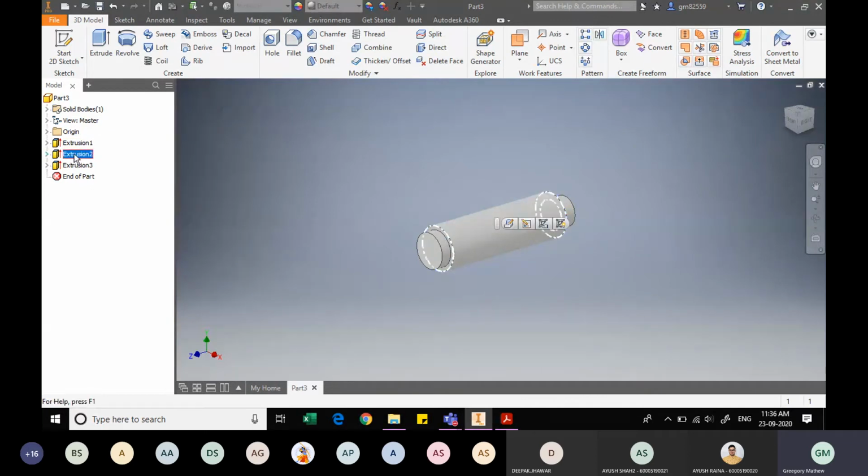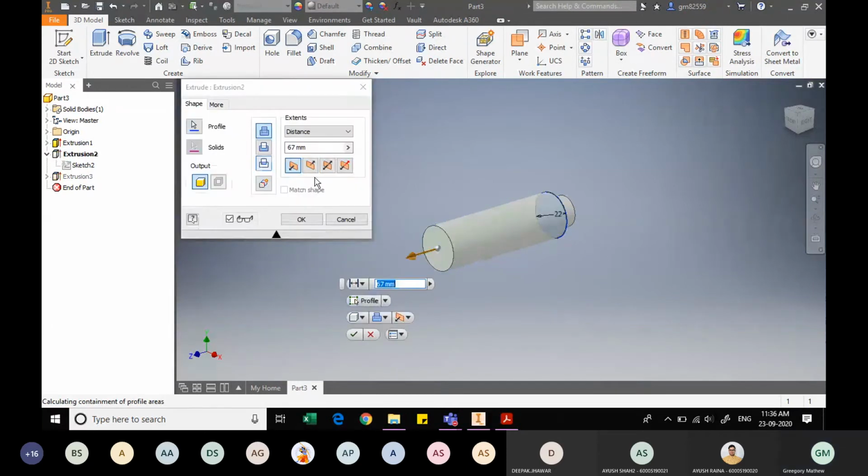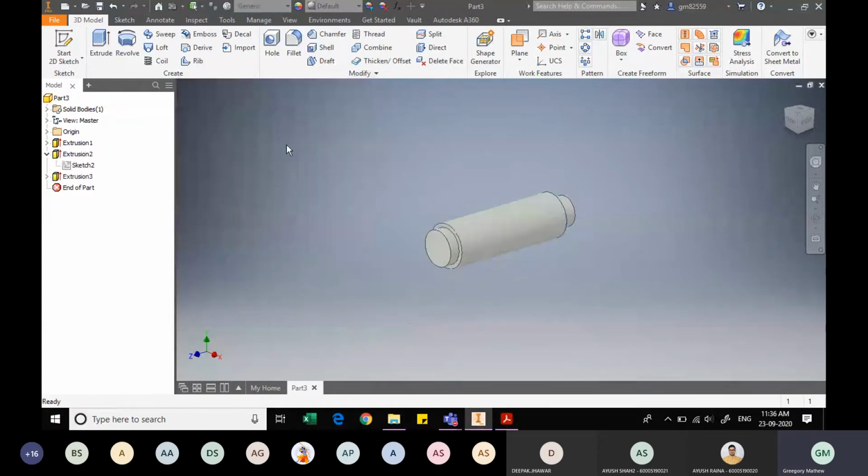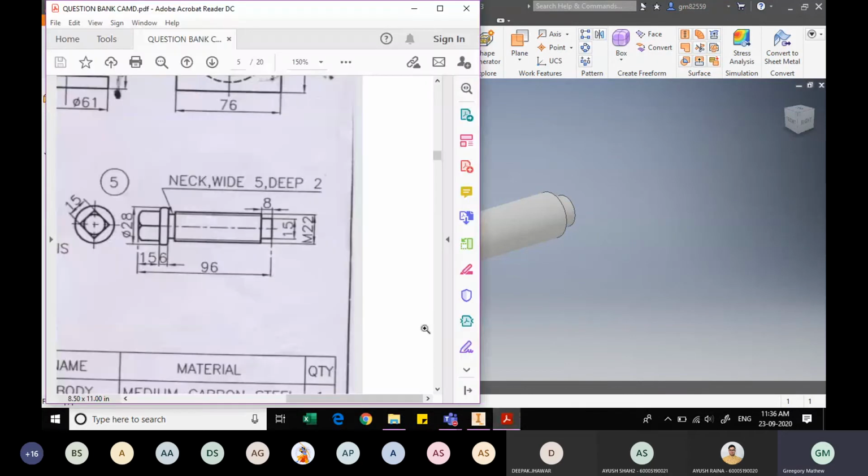So I can just double click on the extrusion, and the command will open up, and instead of 67, I can just put 62, and automatically the changes will happen. Now we can go forward to completing the sketch.